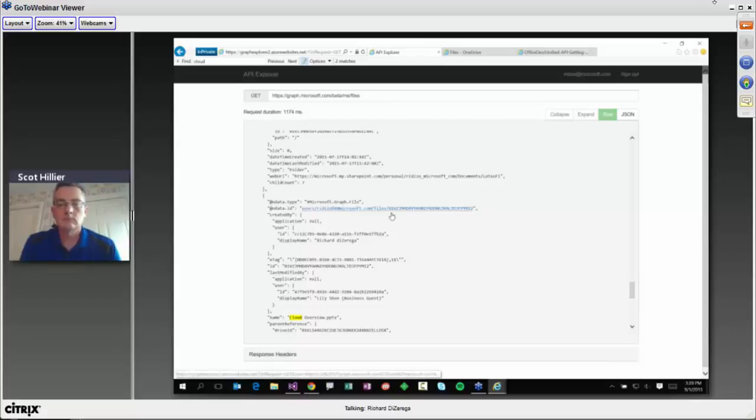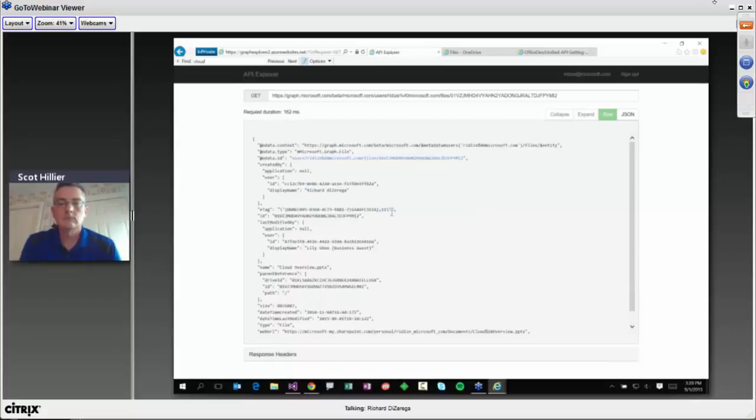So what I'm going to do is go to the actual file itself. You can see this tool has really nice little navigation links so I can go deeper into the structure. But here's where traversal gets amazing. I'm on a file right now, but let me mix this up. Let me go from the file and find maybe the modified by user of it. So I'm going to say /modifiedBy/user.